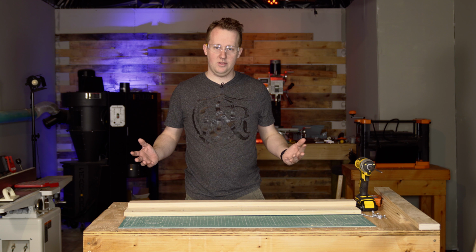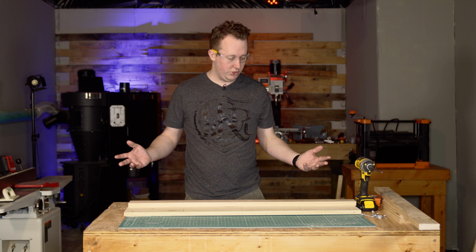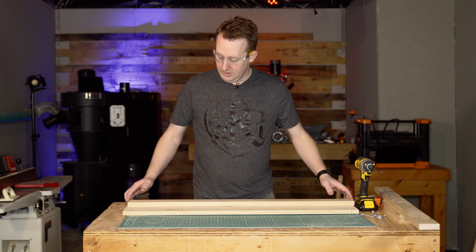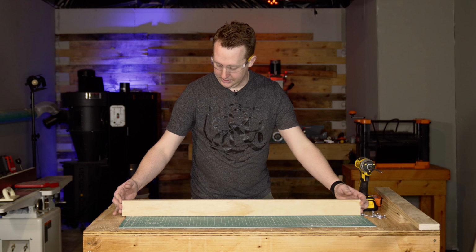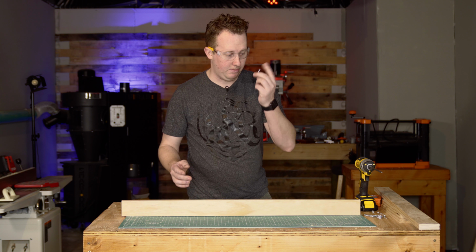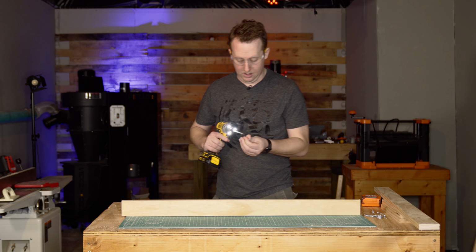Okay, so you're going to repeat those processes 4 times so you have 4 shelves. Now we're going to start assembling some of these shelves. The pocket holes make life so easy. We're just going to take the front piece here, take one of our special pocket hole screws, take our impact,